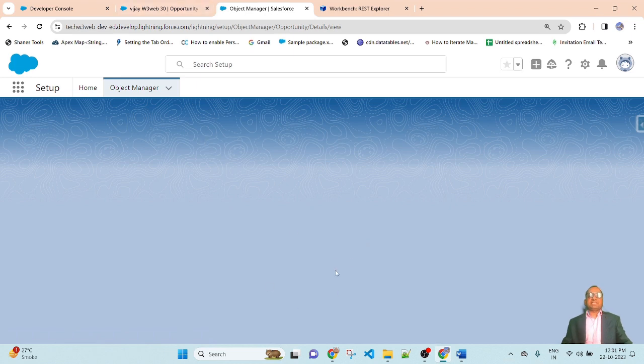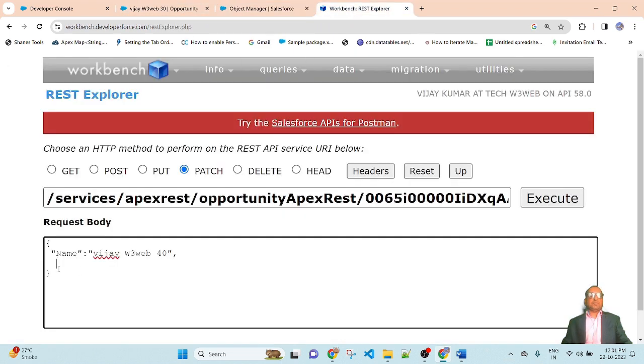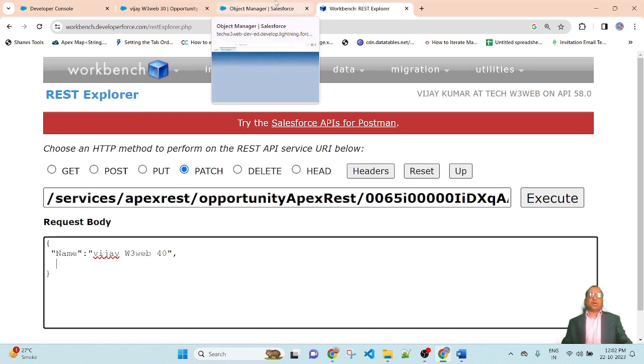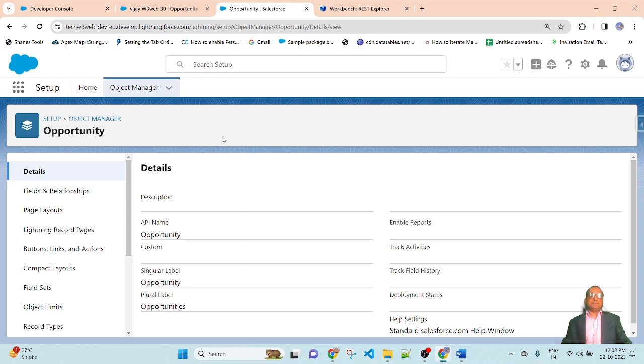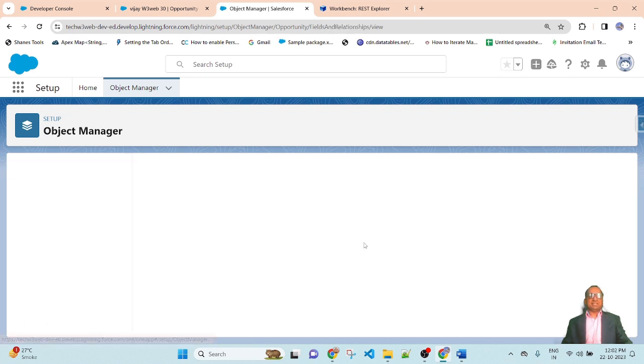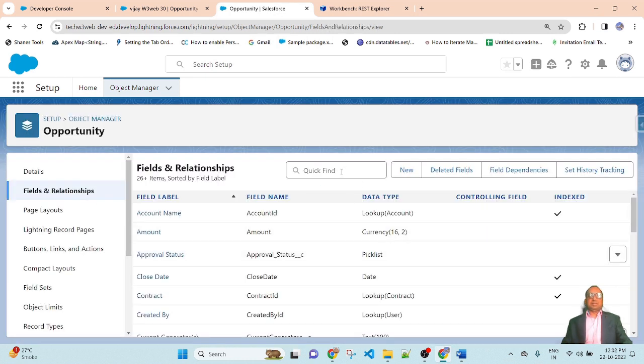Here I will update the stage name and lead source. So the second field will be stage name and the third will be lead source. Both are pick list values of opportunity. So go to fields and relationships, search stage name.